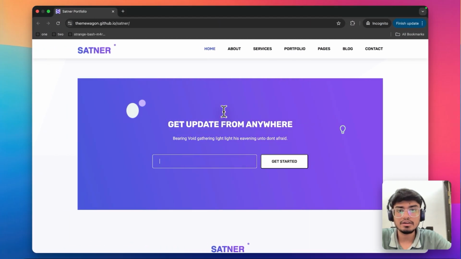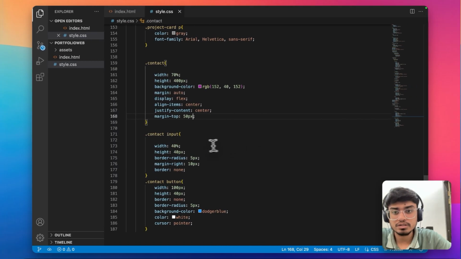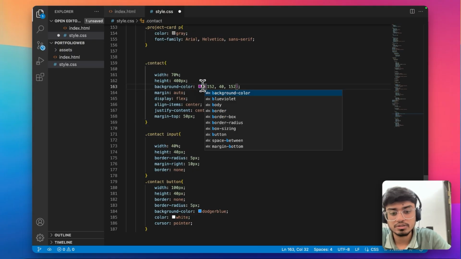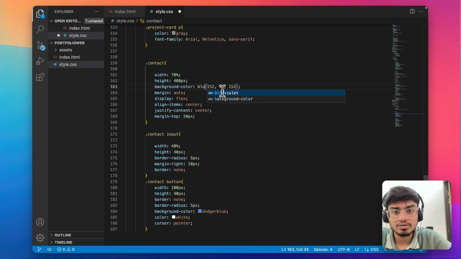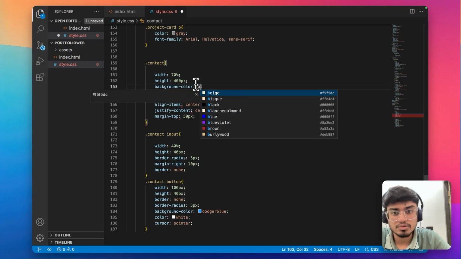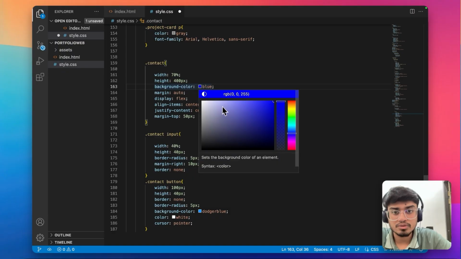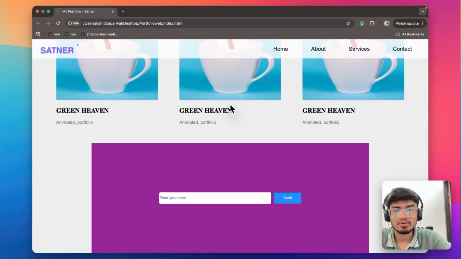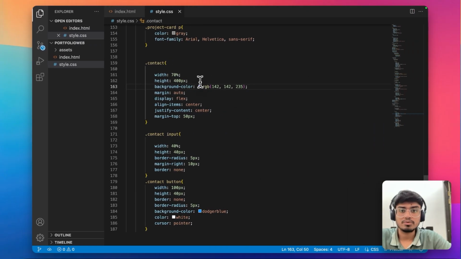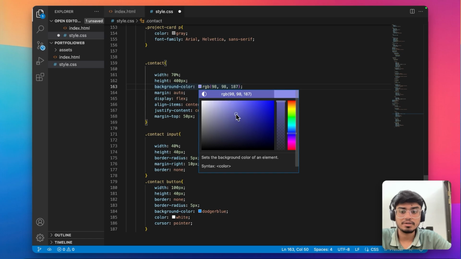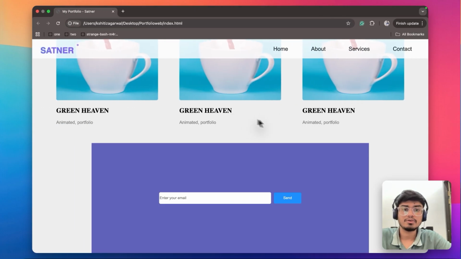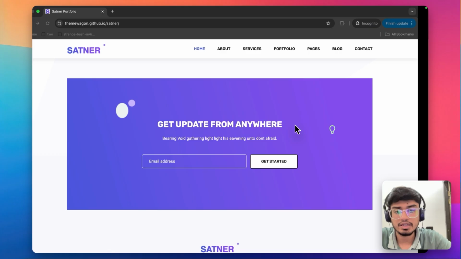And finally, actually this color should have been blue, not this. A little bit. Okay, fine. And finally, we have to make this